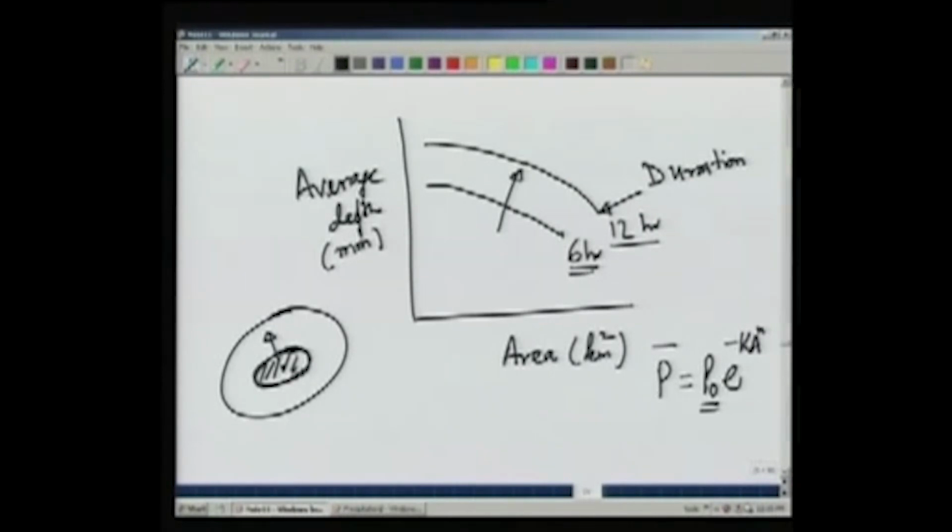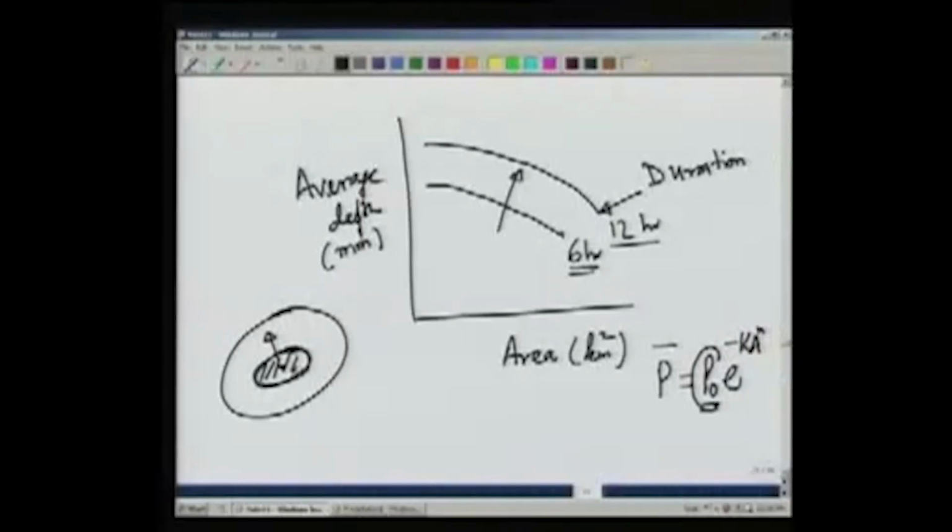But since the rain gauge will not always be at the center of the storm, typically we say that this rain gauge value represents the rainfall over a 25 kilometer square area. So this kind of equation tells us for any given duration the average depth decreases with area. These values of k and n will depend on the catchment area, and some typical values are given in various